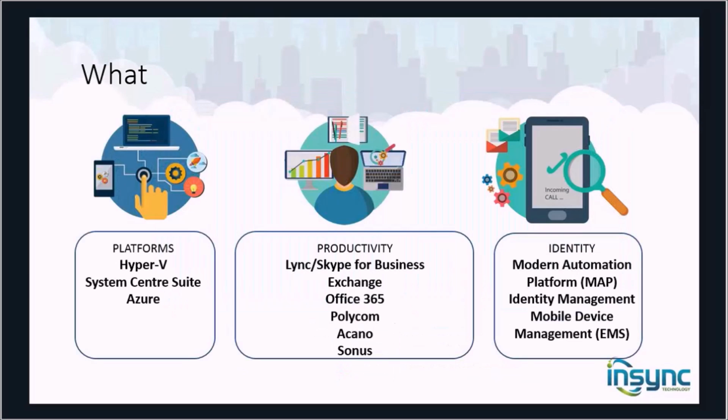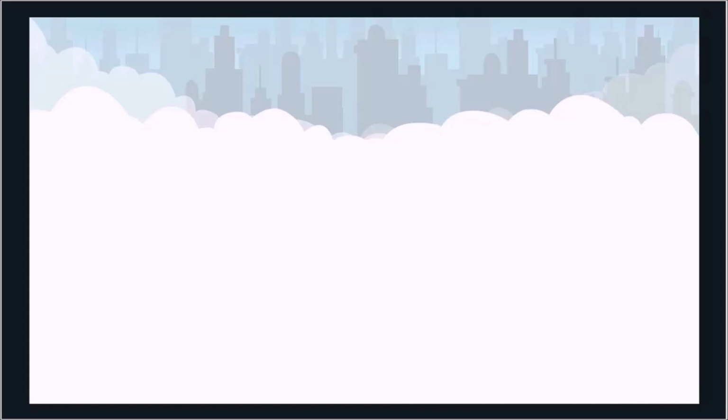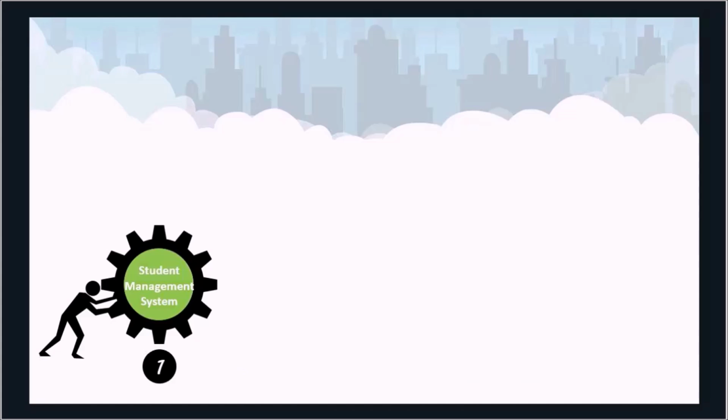But anyway, let's get into the fun stuff. Again, just a bit about what we do in a broad sense. I'm just going to get into talking about the way that a school currently provisions users and Active Directory accounts and all the other fun stuff that we do on a day-to-day basis. So typically the first step is to